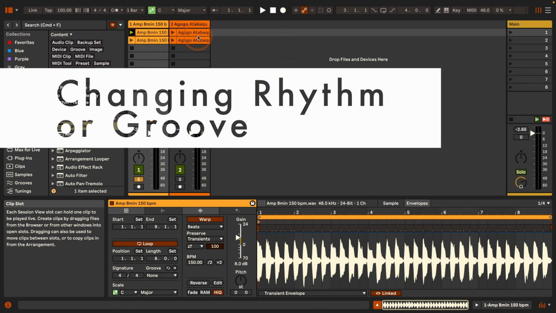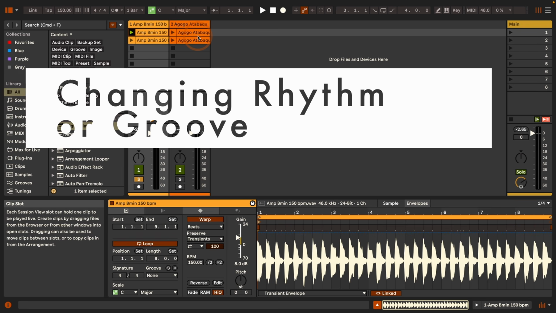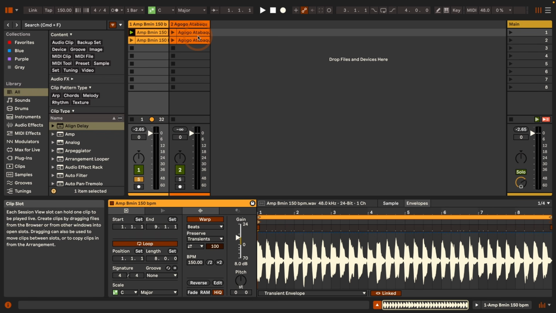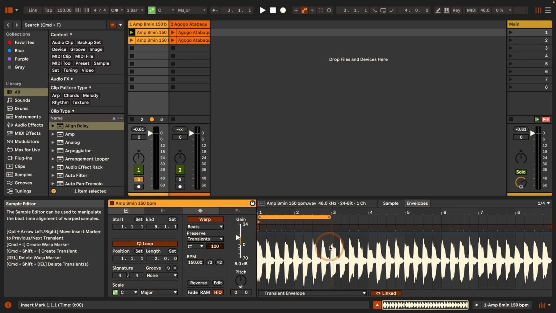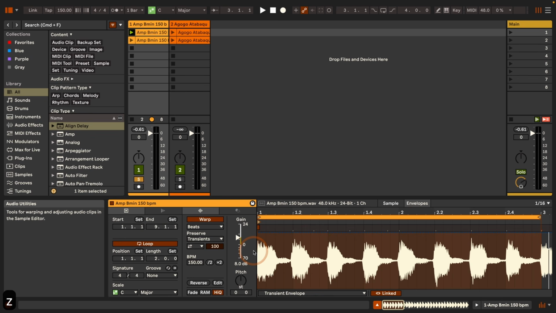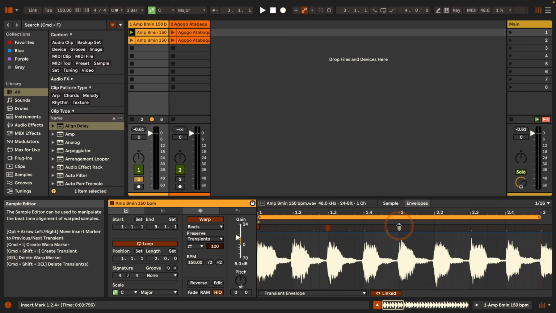So the second way we can use warping creatively is for changing the rhythm or groove of audio clips. And so I've got a guitar loop here that is straight strums. And I want to change the rhythm of the strums, so it's not just straight, but I'm going to change the length of the clip first, so I don't have to go through the whole length and make the tutorial too long. I'm going to select it, press Z, and then I'm actually going to double click on